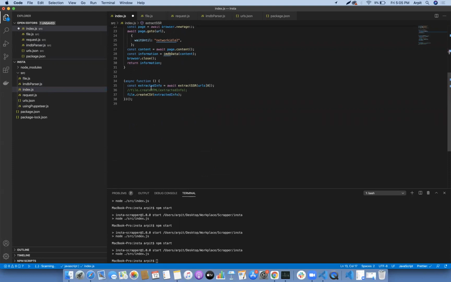From here we come back to this self-invoking function, and on line 37 we create a file over here. So let's see whether this piece of code works or not, and it should create a file over here.